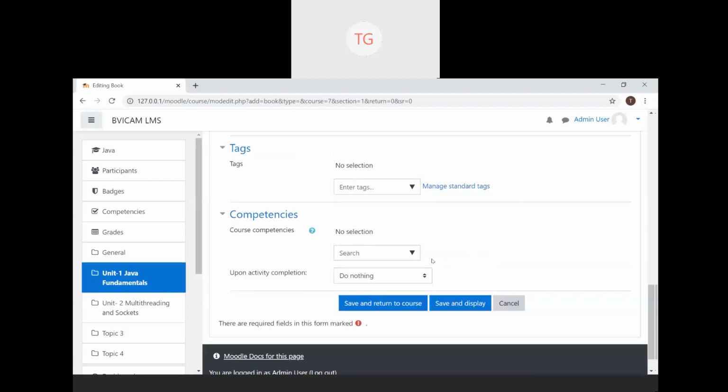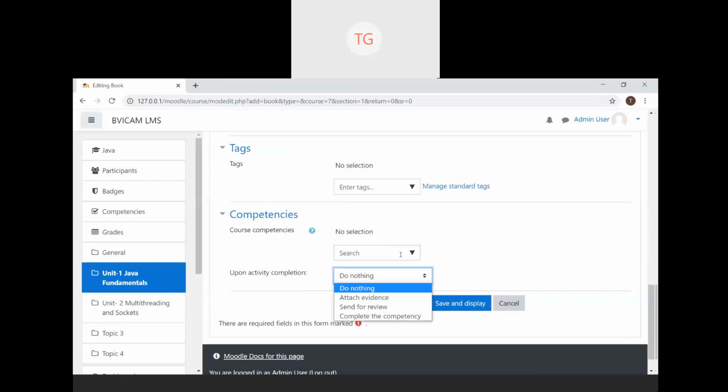Competencies. If I want to select course competencies, now you don't have any predefined competencies, but you can always map them. Competencies are like, after reading this book, what all skills was the reader able to generate or inculcate. So the user can read the resource and select his competency. Okay, I was able to understand the basics. I'm a basic level beginner. I was able to do that.